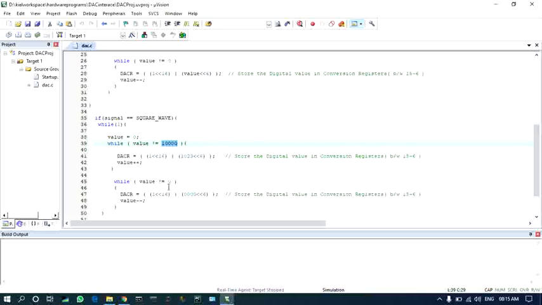Similarly, for another 10,000 iterations we are supplying value 0. Thereby you can see a square wave generating sequentially.